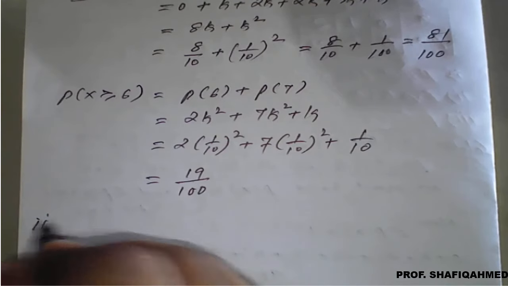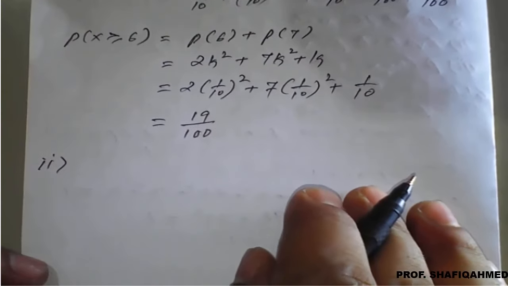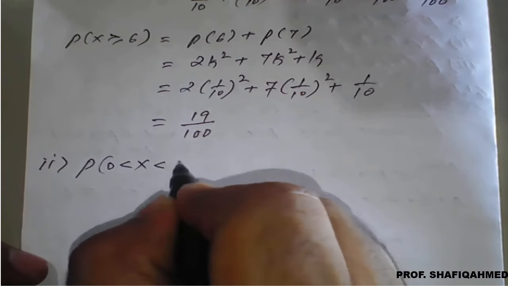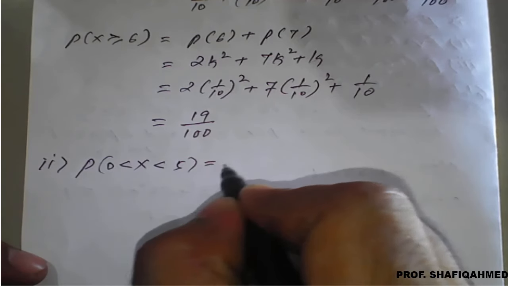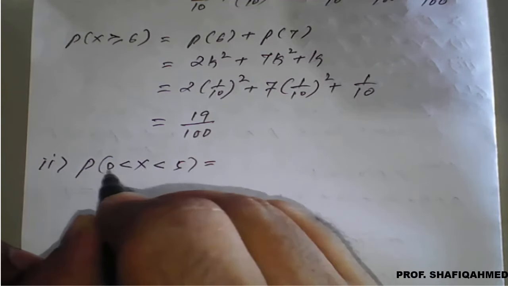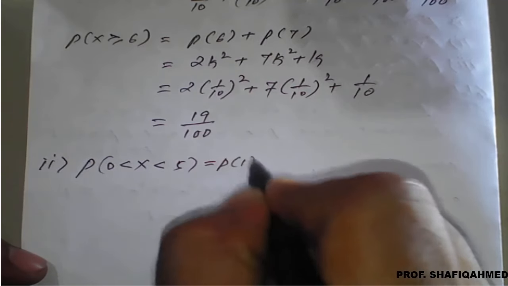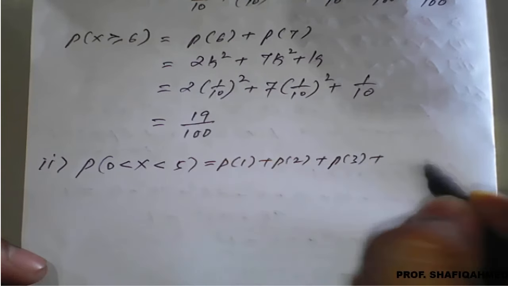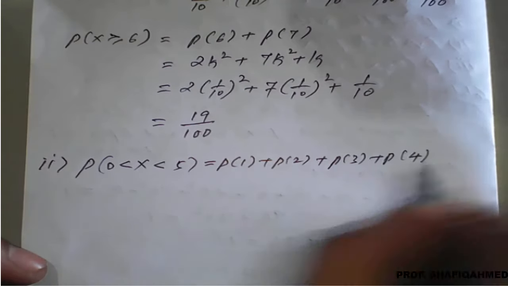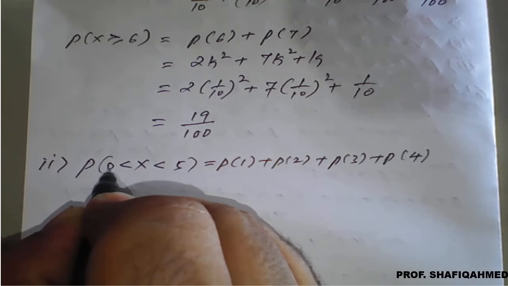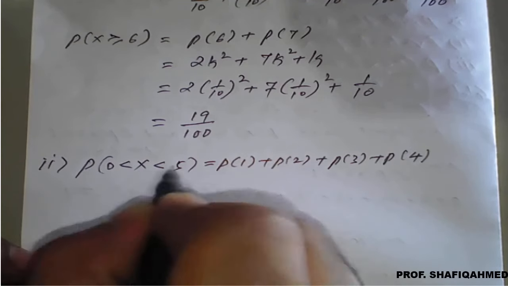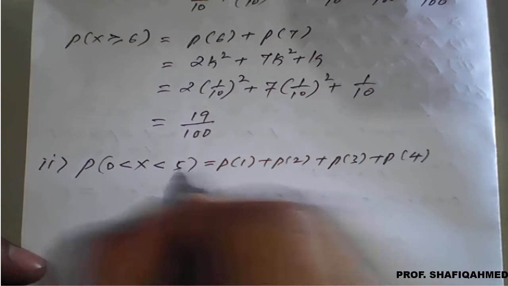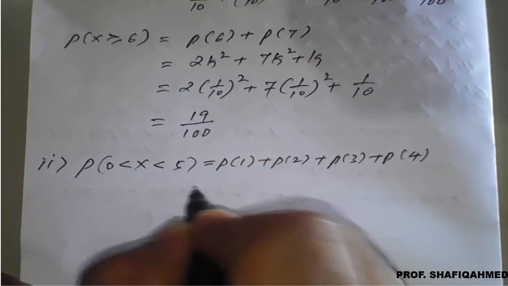Third result we need to find: P of x greater than 0 but less than 5. So this can be written as x is strictly greater than 0, so it will start from P of 1 plus P of 2 plus P of 3 plus P of 4. I will stop here because of the boundary 4. It will start with 1 and end with 4 because strictly they have given; if it is less than or equal to, we have to include 5. So here no such condition is there. Strictly less than 5 means we have to write up to P of 4.